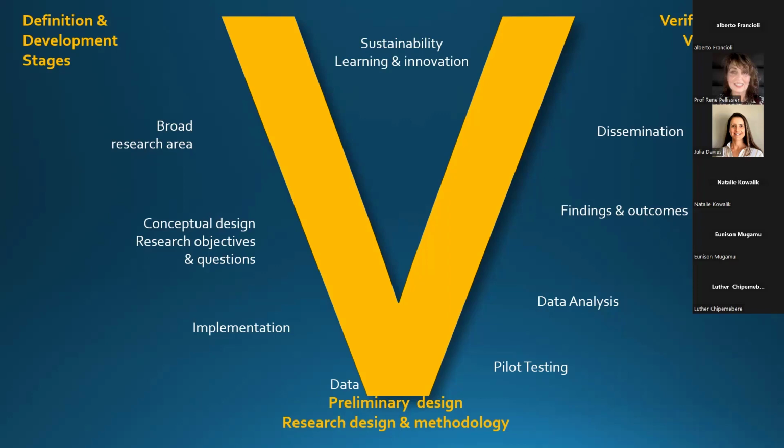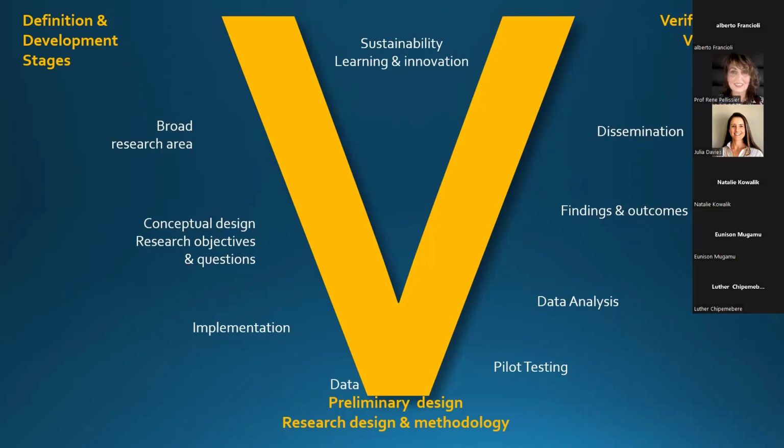and the V model can stand again. So the V model is a high-level summary looking at the research from defining the research, setting it up for development, going down the left-hand side of the V from the broad area to the conceptual design and the goals and objectives and research questions or question, depending on what you have, identifying the research problem, to developing the research implementation plan, the proposal, to what is the data that we need, which is now the preliminary design, and then up the other side of the V in terms of pilot testing, data collection and data analysis, the findings and the outcomes written up,